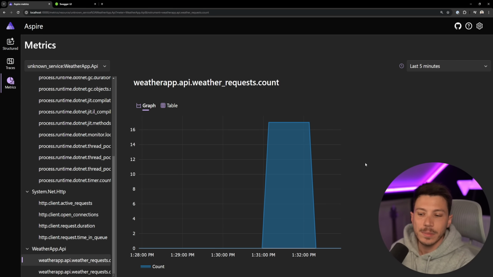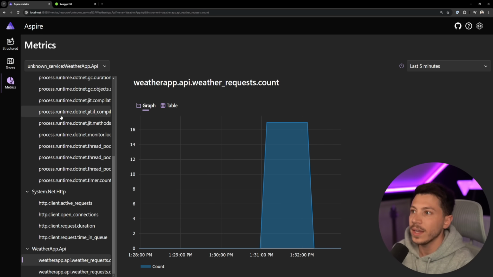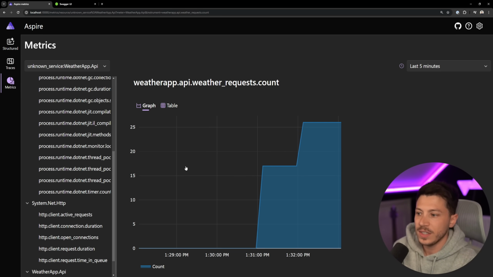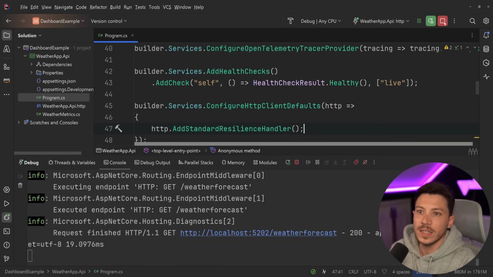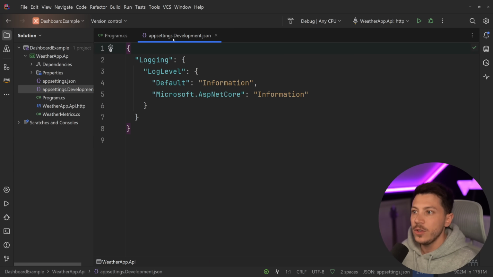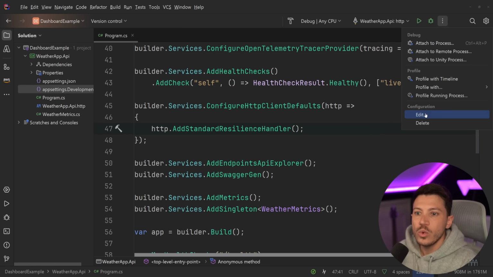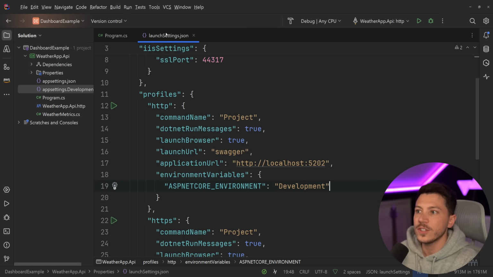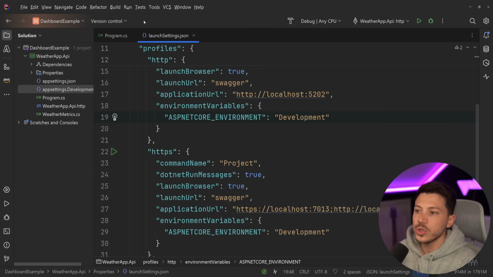Now this can take some time based on how the exporter is working, but all that is customizable in your application. How would you customize it? And as you can see, it just came here. How would you customize it in a .NET application? Well, you can pass those customizations either as app settings values or as environment variables, which tends to be fairly common as well. So I'm going to go here in the launchSettings.json and I have the option to pass environment